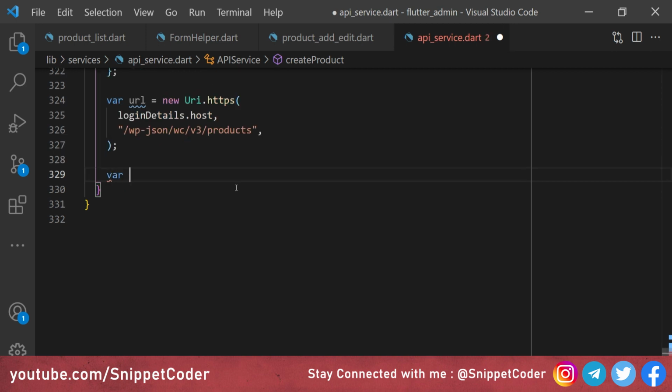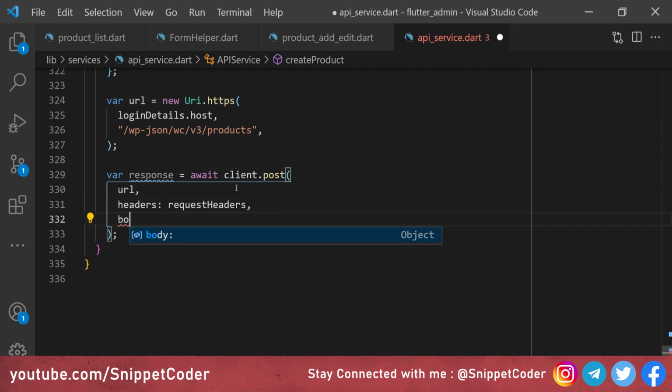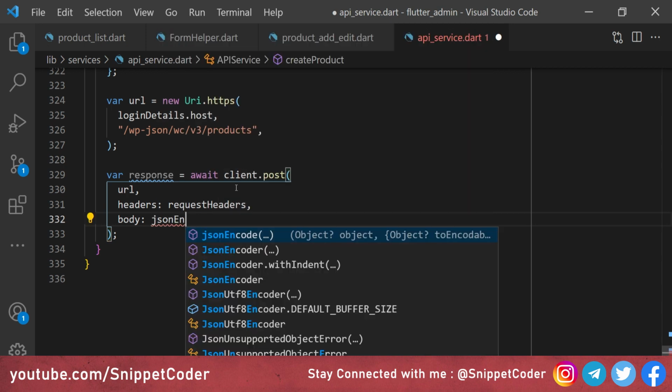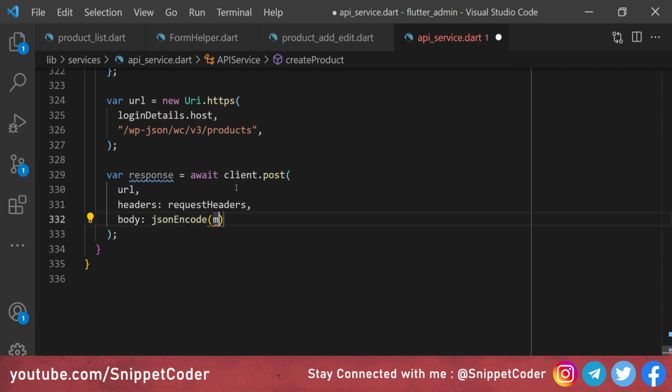And here we will get one variable, that is response is equal to await client dot post request, and we are doing a post request, and we are providing a URL. Then we have the headers here, and we are passing a request header. Then we are passing the body here, and we are using a JSON encode, and we are passing model.toJSON.